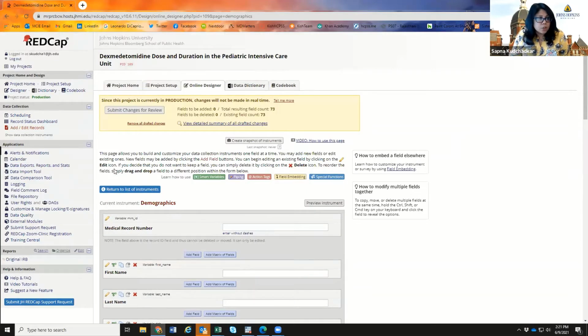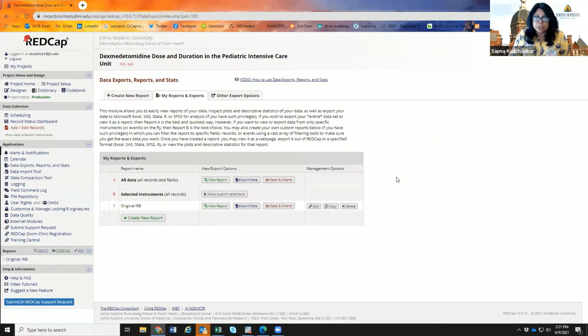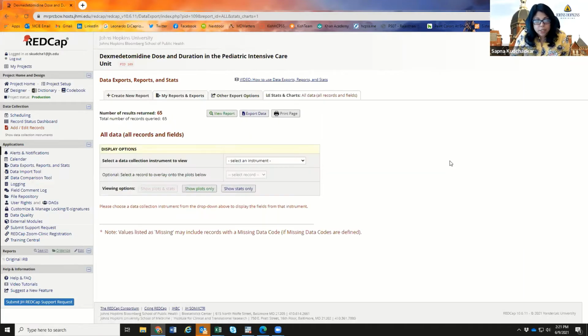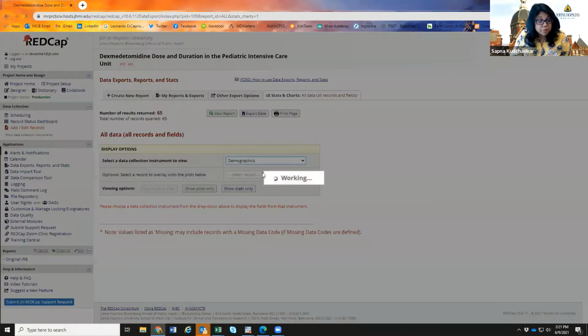All right. So really quick, I also want to show you data exports. We talked about this yesterday about exporting data from REDCap, I'm sorry, exporting data to put it into Stata. But this is also a nice way for you guys, and I love doing this, especially for data that I can look at while the study's ongoing, is to use this button called Stats and Charts. So the stats and charts button essentially gives you an option of having a basic summary of your data